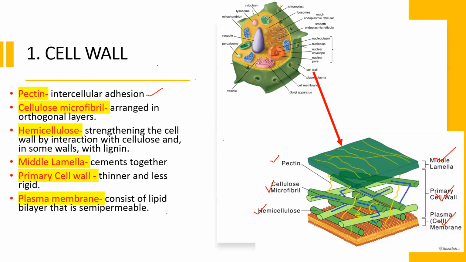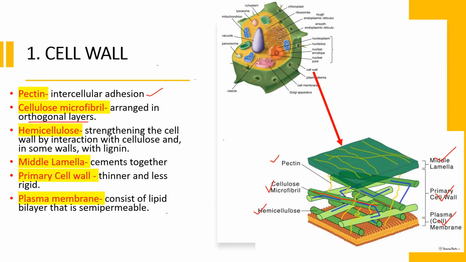Okay? Another one is the cellulose microfibril. So anong ibig sabihin ng cellulose microfibril? They are arranged in orthogonal layers. So anong ibig sabihin ng orthogonal layers? As you can see, para siyang pinagpapatong-patong na kahoy na kung saan hindi na naaapektuhan ang bawat isa. So pag ipinatong mo ang tatlo, so yung susunod doon ay hindi nagko-contradict doon sa positions wherein nakakapit pa rin